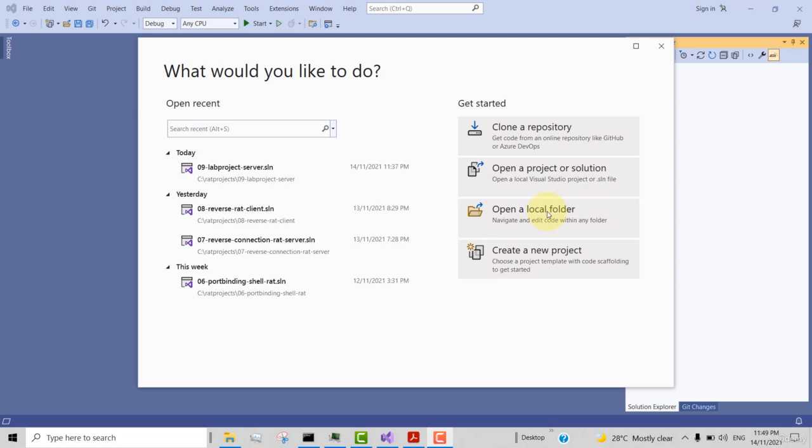Welcome back. In the previous lesson, we already completed building the 09 lab project server section, the server part. So in this practical, we are going to do the client part. So let's get started. Click on create new project